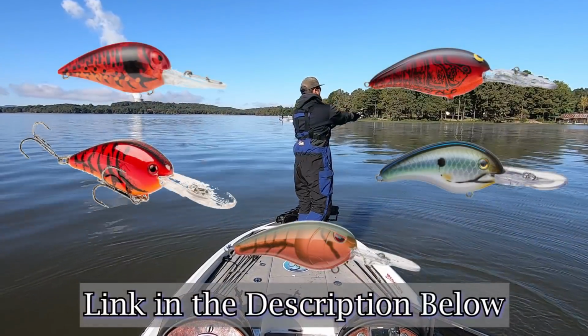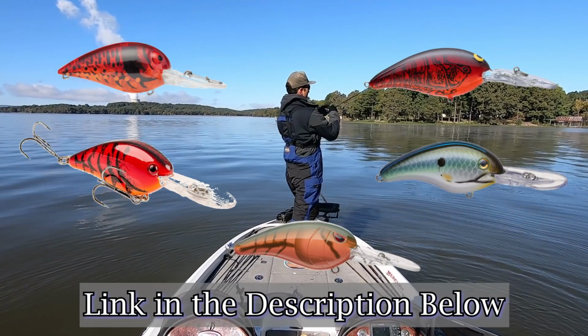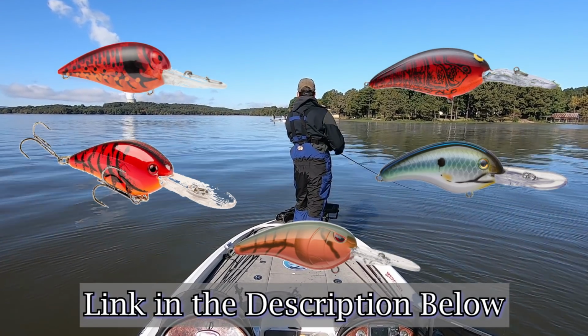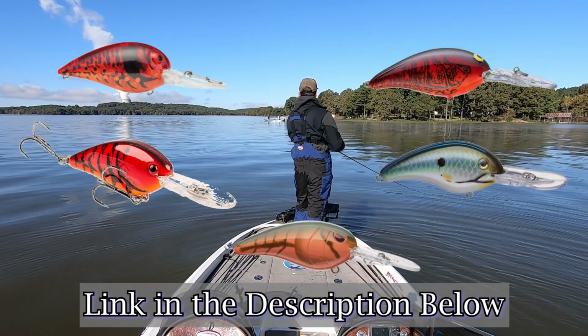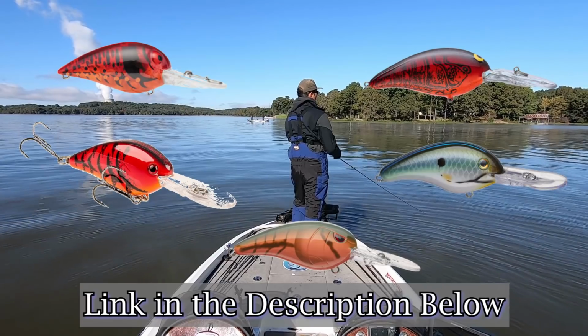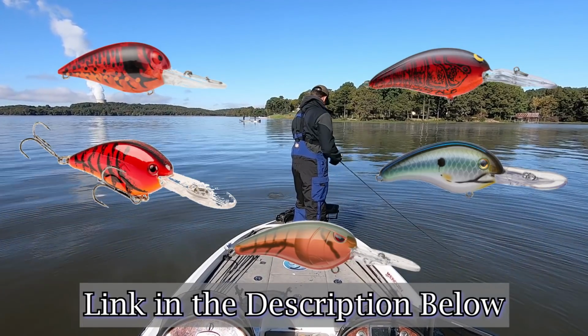And when I'm fishing these offshore rock piles, I like to throw crankbaits that dive between 5 and 15 feet deep, depending on the depth. Usually my rule of thumb is if the rock pile is in 5 feet of water, I want a crankbait that dives 8 feet deep. If it's in 10 feet of water, I want a crankbait that dives 13 feet deep,